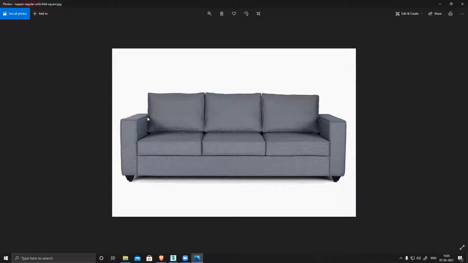We'll use a few new tools and learn how to do it, and after this we'll do a complicated sofa with a lot of design patterns or cushioning effects. Those are really complicated, and we'll learn how to create those too. Let's start with this simple one.